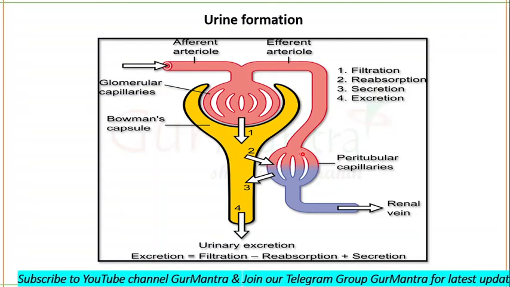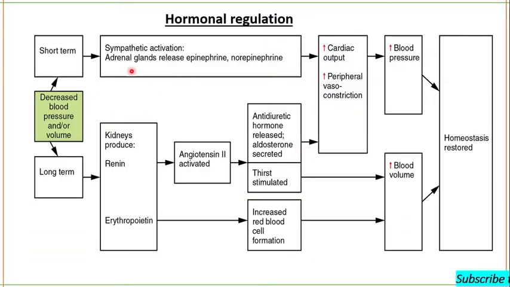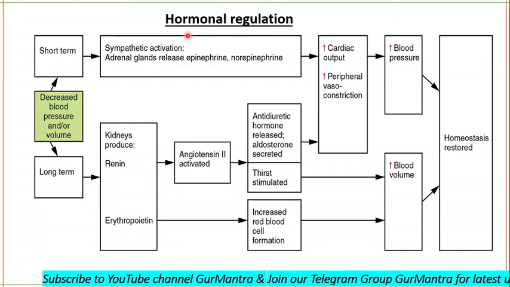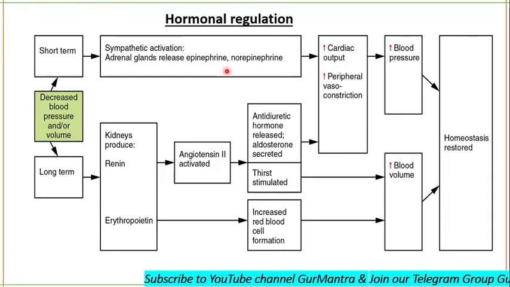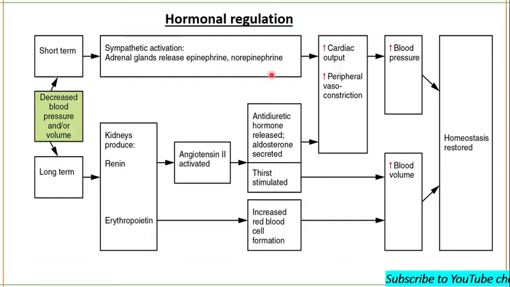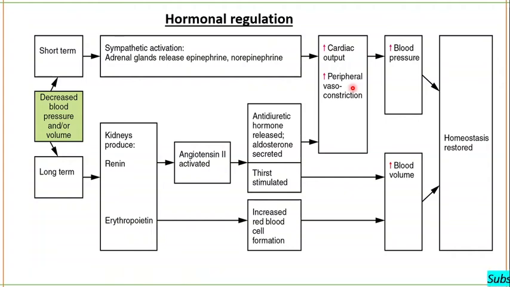And when we talk about regulation of glomerular filtration, there is a neural regulation also. All the blood vessels of the kidney, including the afferent and efferent arterioles, are richly innervated by sympathetic nerve fibers. Activation of the renal sympathetic nerves will release norepinephrine and epinephrine, which will cause the afferent arteriole to constrict, and after constriction the glomerular filtration rate will be decreased. Okay, did you get it?